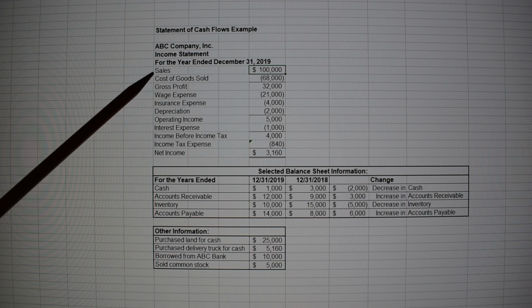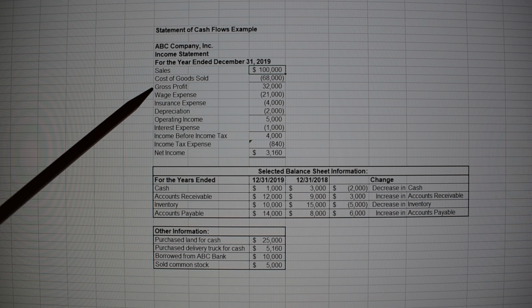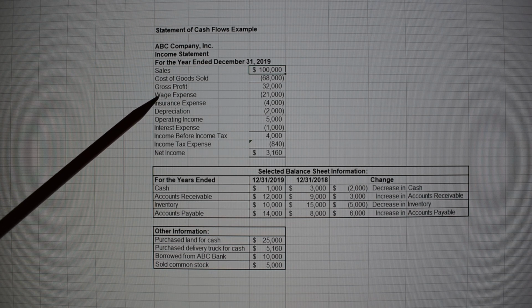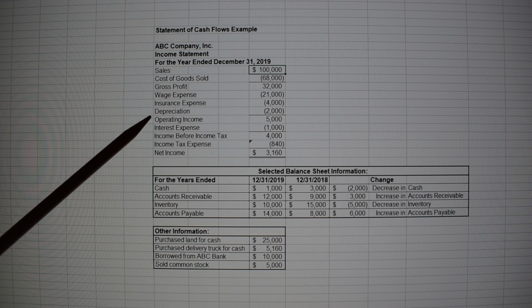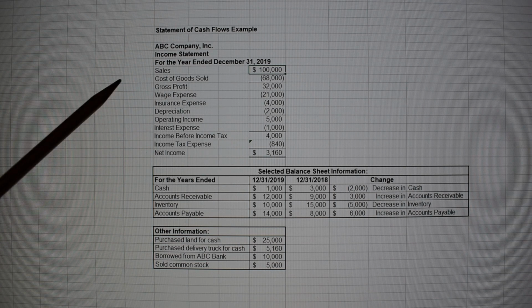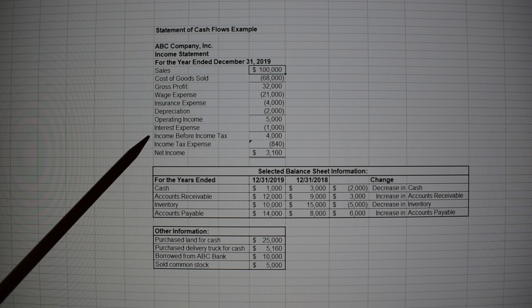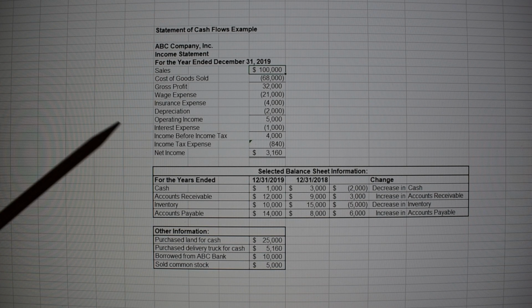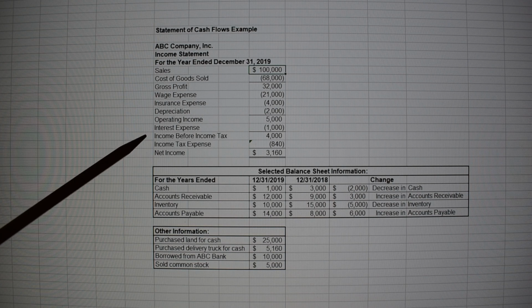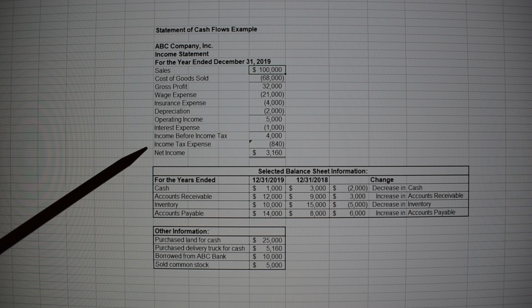It's got all the info we need: sales, cost of goods sold, gross profit, and then from gross profit, wages, insurance, depreciation are subtracted to get operating income of $5,000. We've got interest expense of $1,000, giving us income before tax of $4,000, and then income tax expense is $840. Net income is